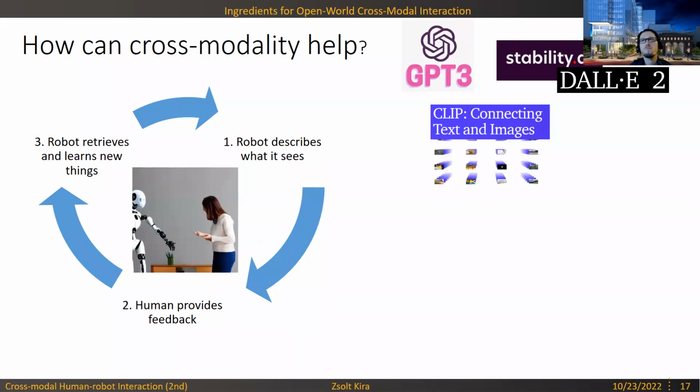text-to-image models such as Stability AI and DALL-E. By the way, the image shown in this figure was actually generated by DALL-E. So it's kind of cool that we can also use them to do presentations as well. And so we can think about how such models can be used. For example, again, image captioning,